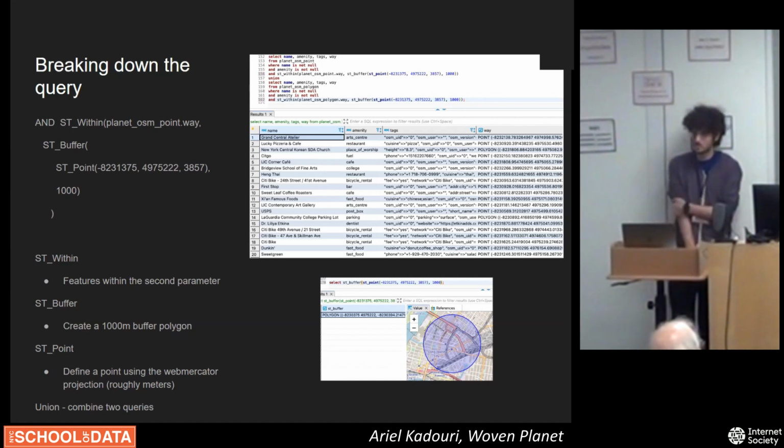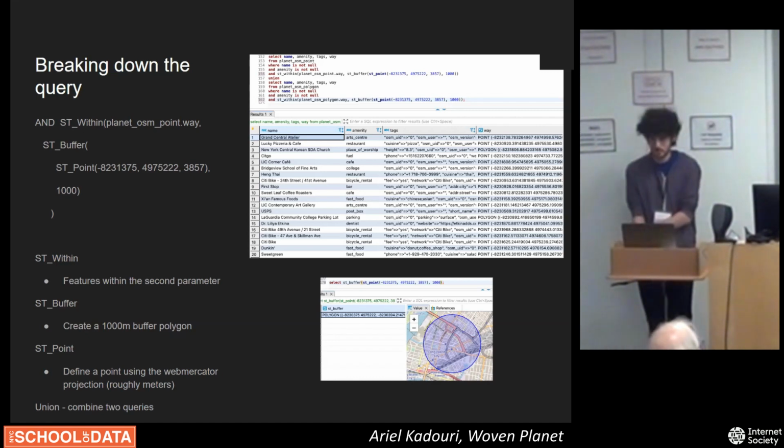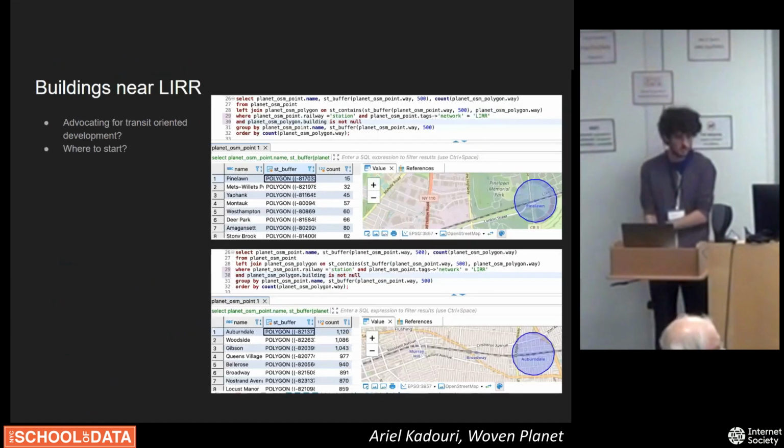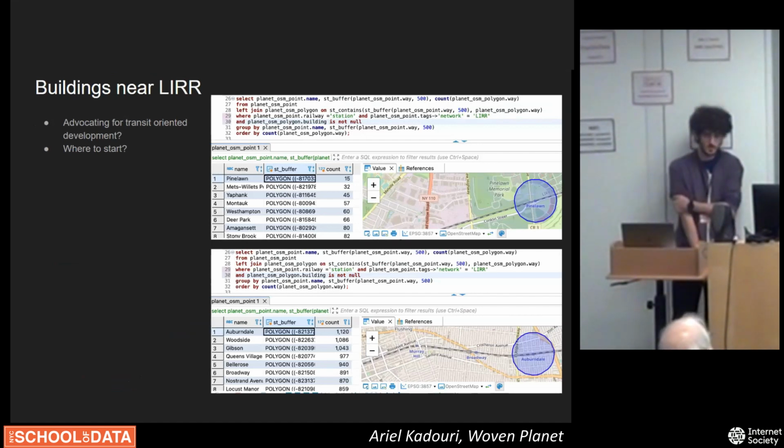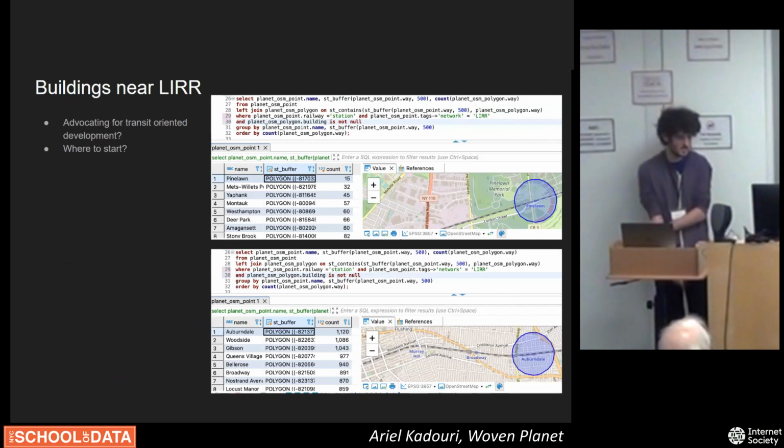Any other questions on this? After using PostGIS, it could also be known as SRID, EPSG codes. There's a lot of nuance, but